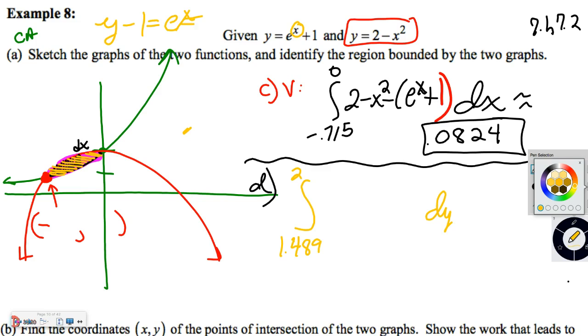How do I undo the e? How do you undo e to the x? ln, yeah, you're going to ln y minus 1. So the right function is going to be the natural log of y minus 1 minus